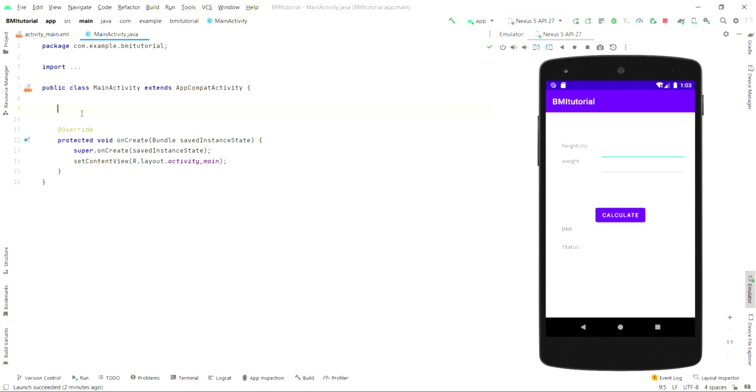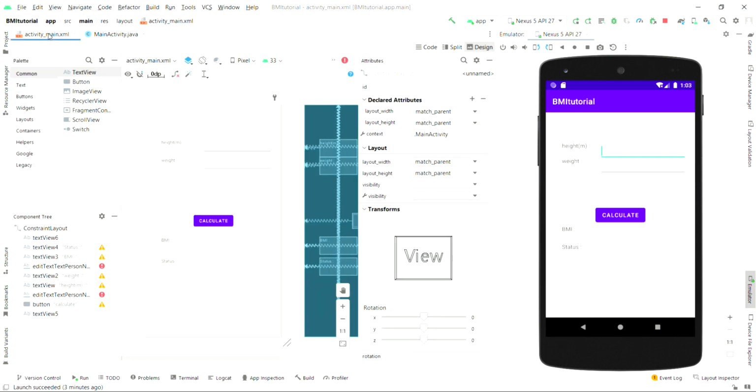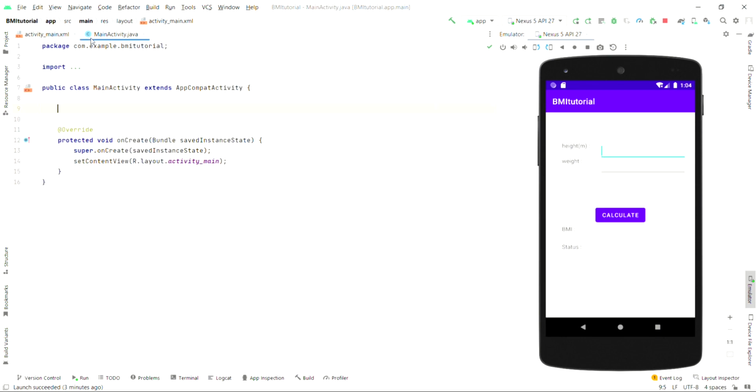So we start by declaring the variables that we need to use. There are five text views or buttons that we need to use here. We don't need to declare the height, view, and BMI status because those are for us to view only. So let's start with private